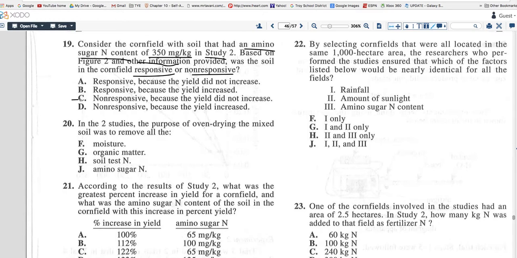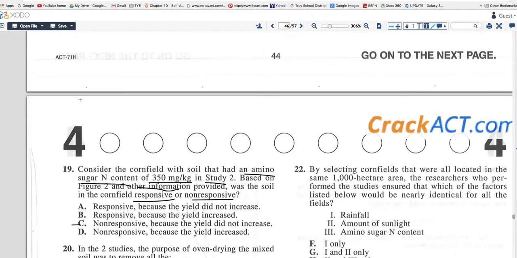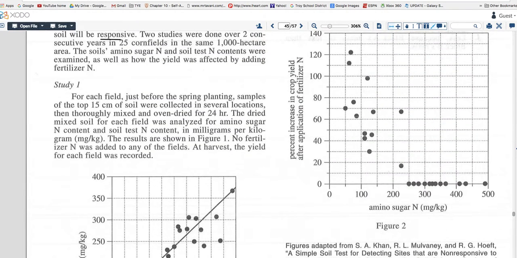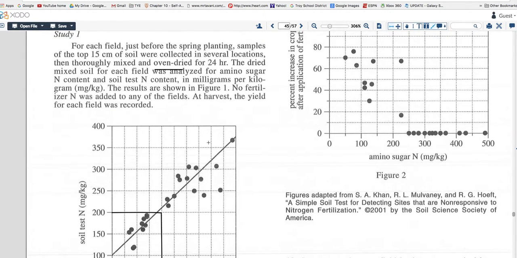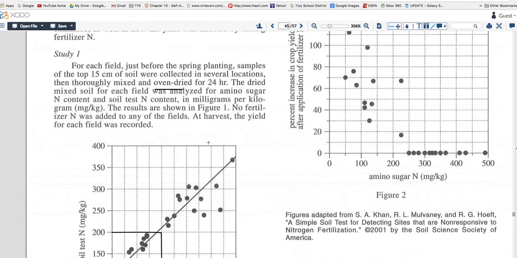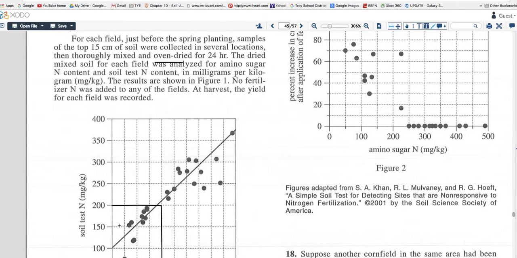Anita. Under study 1, it says thoroughly mix, oven dried for 24 hours, and then the amino sugar is analyzed, and it says the same thing under 2, so the answer is J. Yeah, this one. Wait, you said J? Isn't it F? Oh wait. Yes, it is, sorry. In fact F. It is not J, it is F. So the whole point of this is it's for measuring the mass, because they're basically just trying to standardize all the seedlings or whatever they're testing. I really don't remember this experiment, and they want to just dry it out so that they can weigh it